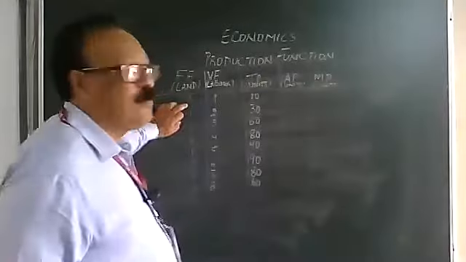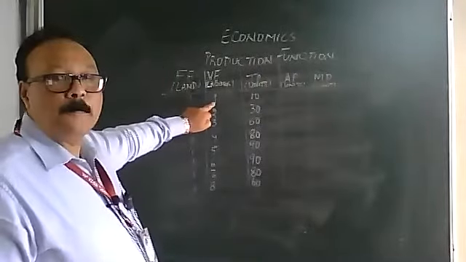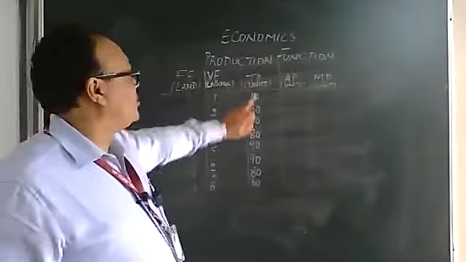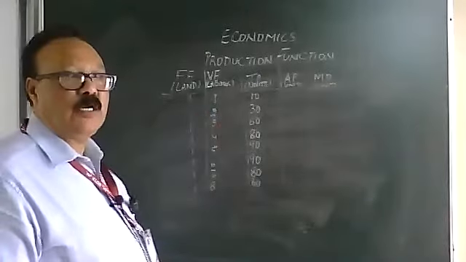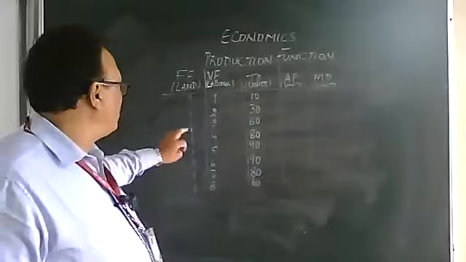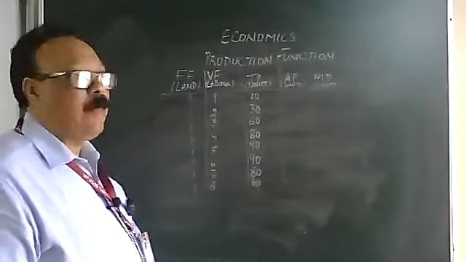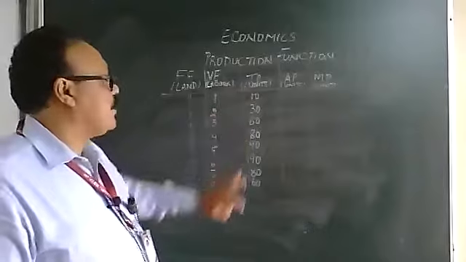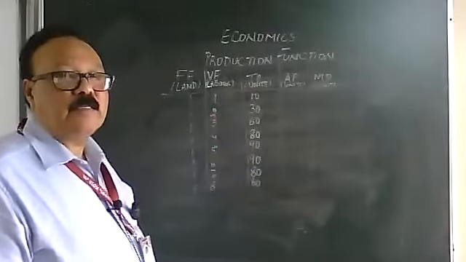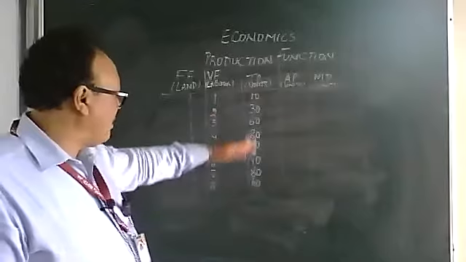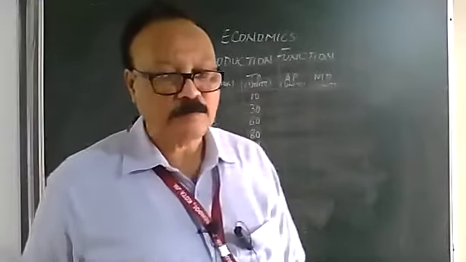It reads like this: on one piece of land, if we put to work one laborer, he would give us a total production of 10 units. When we increase it to 2, it goes to 30. When it goes to 3 laborers, it increases to 60. When we put 4 laborers, 80; 5, 90; 6, 90; then at 7 it starts going down, 80 and 60.